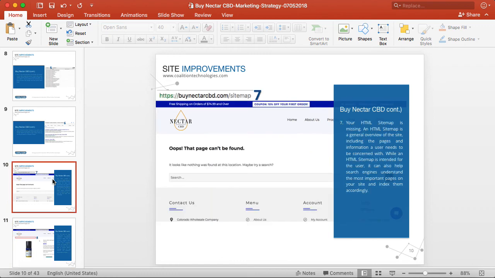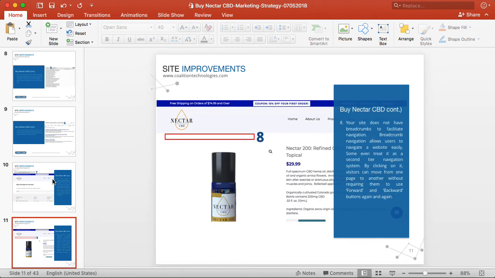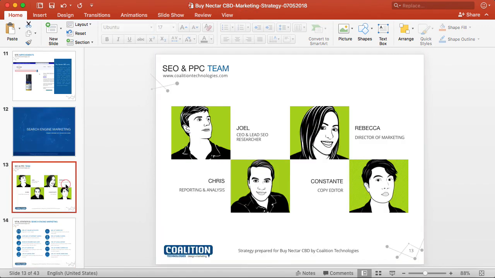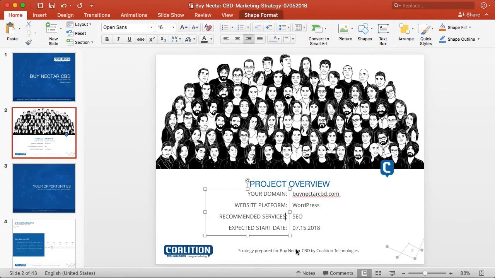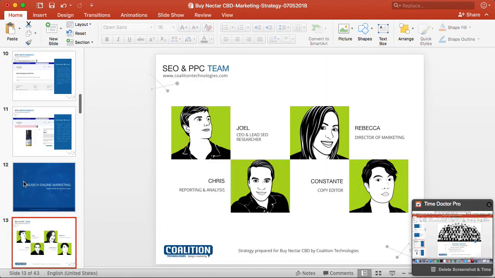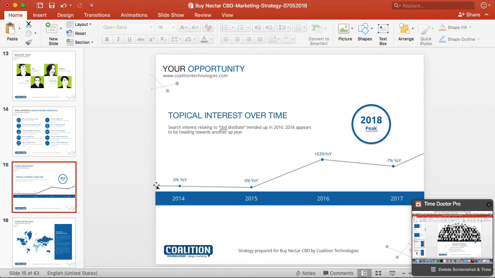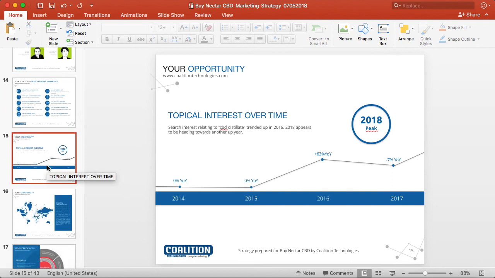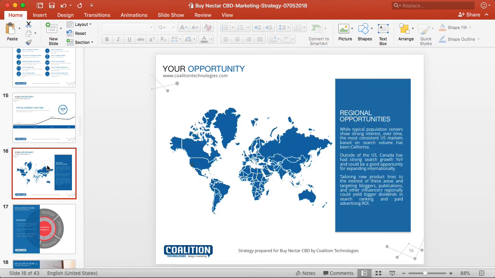So once, okay, this one. So make sure PPC is not here. Recommended service, not services, because it is only SEO. Make sure your slopes are correct. It is straight all the way up, slightly down for -7. And then here,